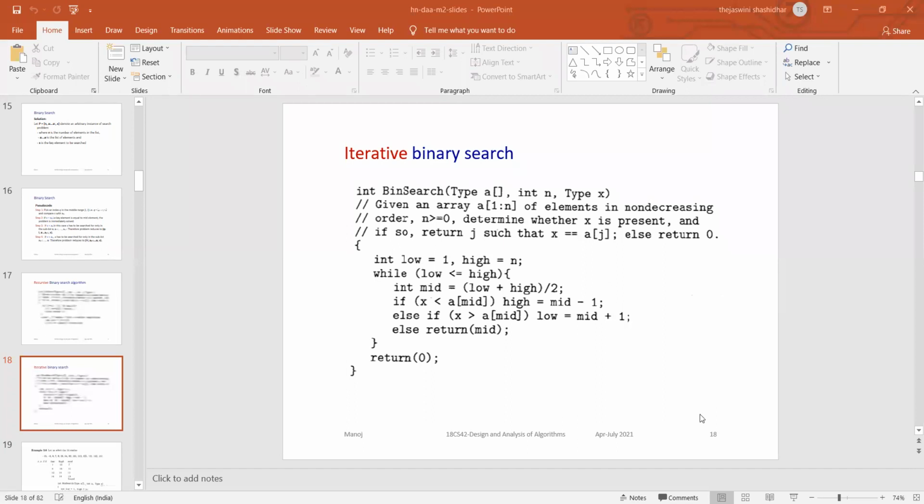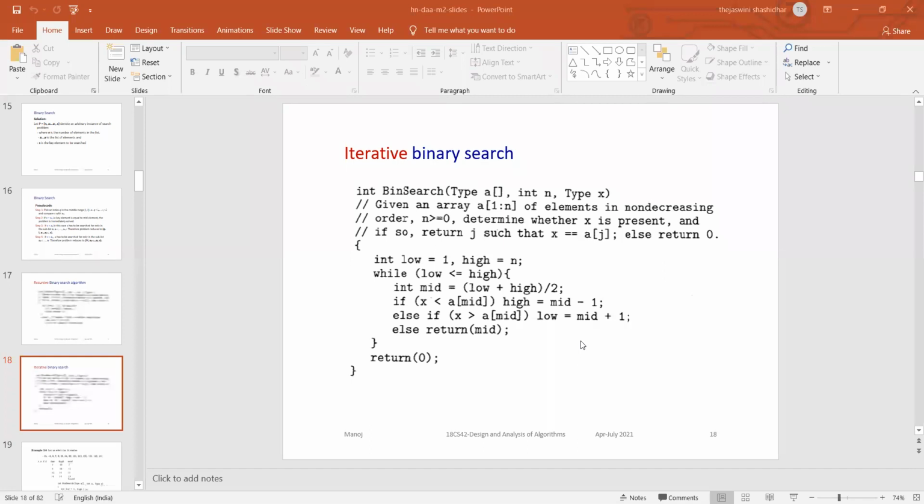What is the value of low if the key element is greater than the middle element? Okay, I hope she is not there in the class. So can anybody tell what is the value of low if the key element is greater than the middle element? Low is equal to mid plus 1.